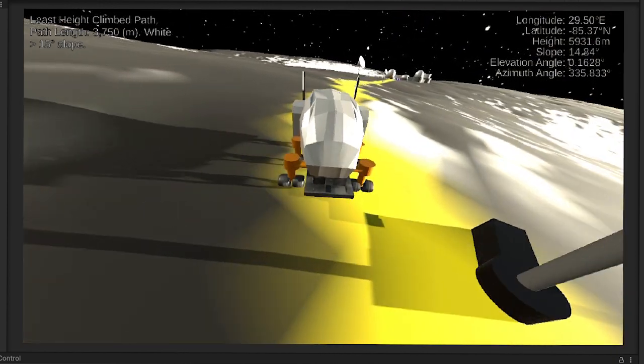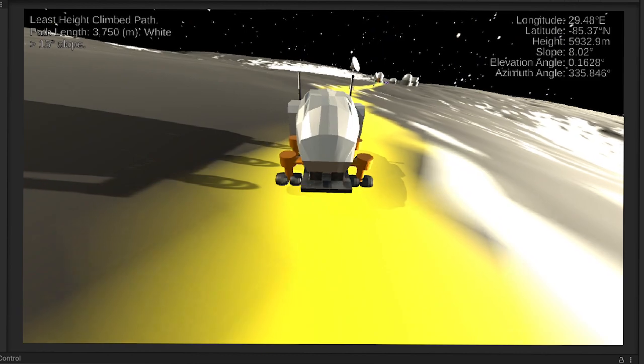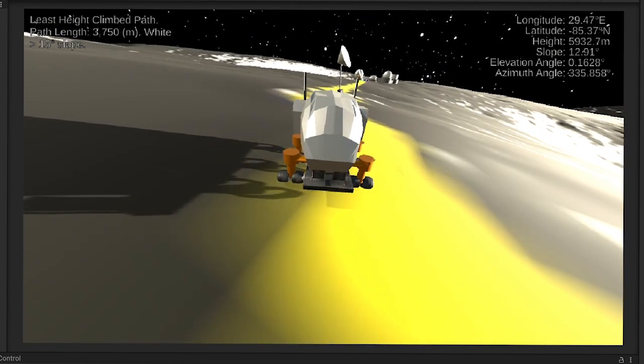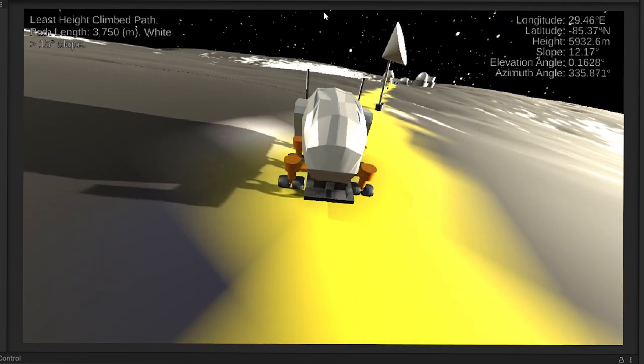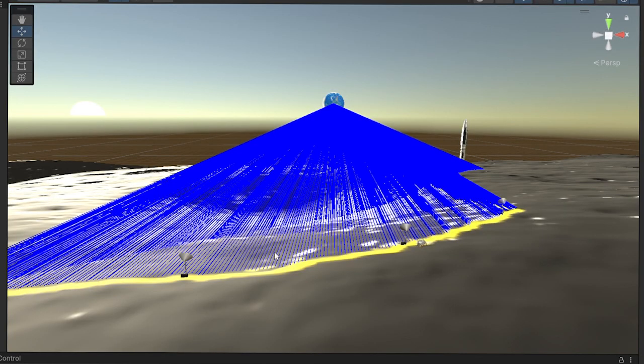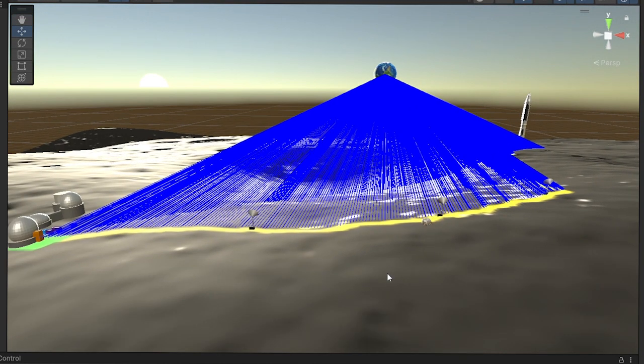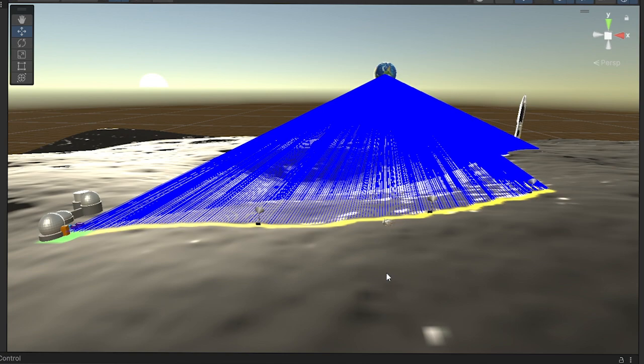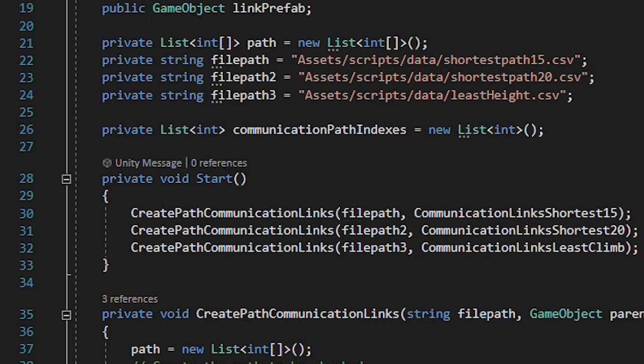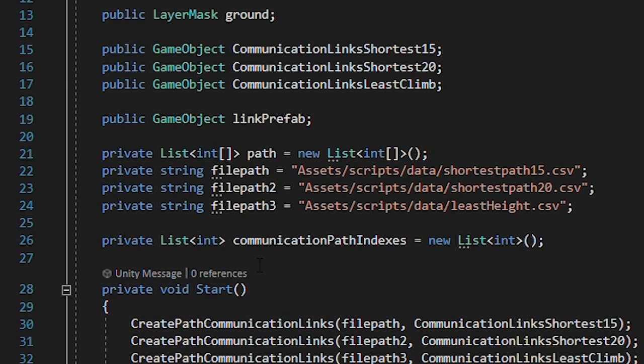The algorithm first checked every spot along the path if it was in view of Earth, essentially checking if the elevation angle to the Earth was greater than the elevation angle to the horizon at the same azimuth angle, and this was done through raycasts. These raycasts work by shooting a laser from a position on the path in the direction of the Earth and checking to see if it hit the terrain.